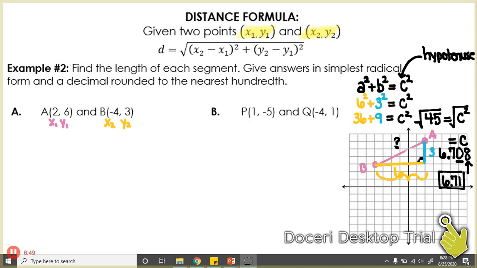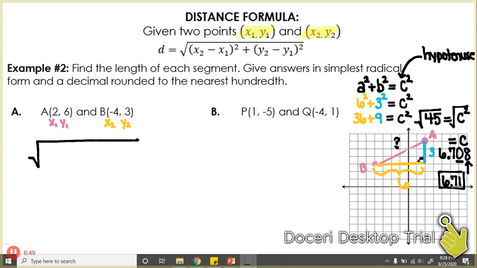really to find the distance of 6, this yellow line that I have right here, all I did was find the difference in the x values because that is on the x-axis. So that is why this first part of the equation says subtract your x values, because when you subtract your x values, you're technically finding this distance across your x-axis right here, which is going to be 6. So we can see that. So I'm going to put my large square root, because the formula is always the square root of,